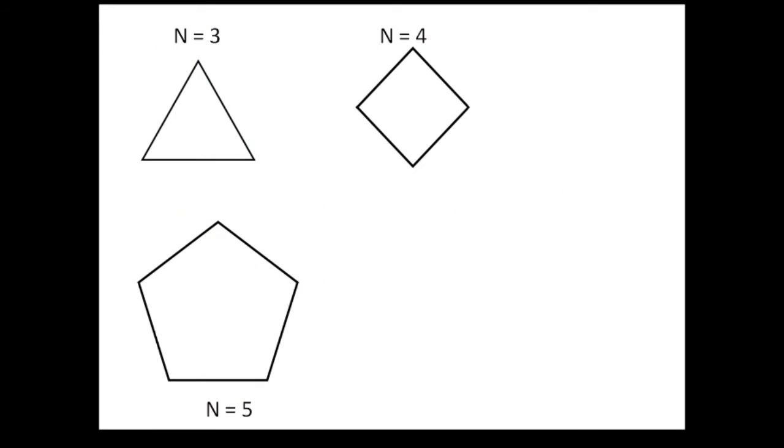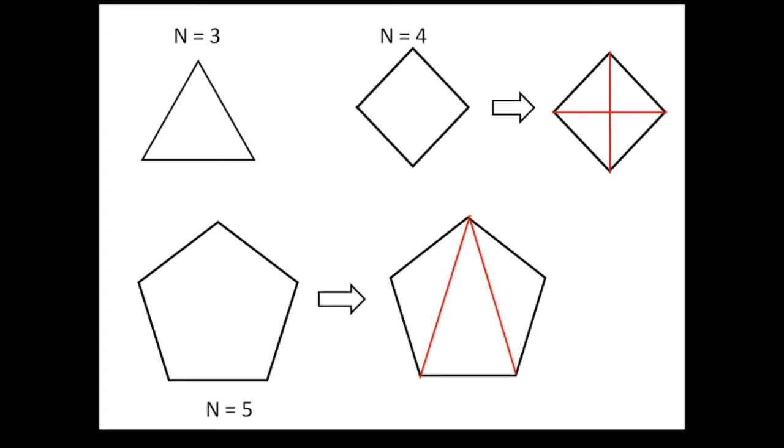Now let's look at some examples. When the number of sides of the polygon is 3, that is n equals 3, we cannot draw any chord between the vertices. Again, when n equals 4, we can draw two chords, but the shape is not complete, so we cannot draw a child polygon. Again, when the number of sides is 5, we can draw two chords, but the shape is not complete and we cannot draw any further chords. So these cases are not creating any child polygons.